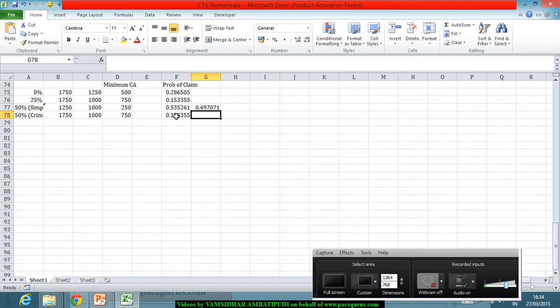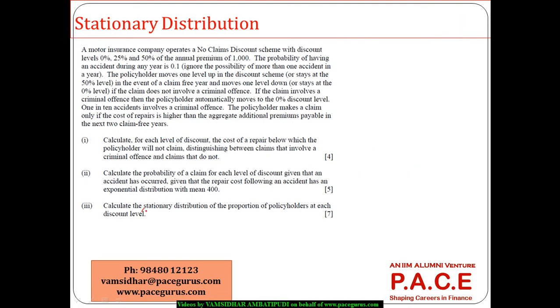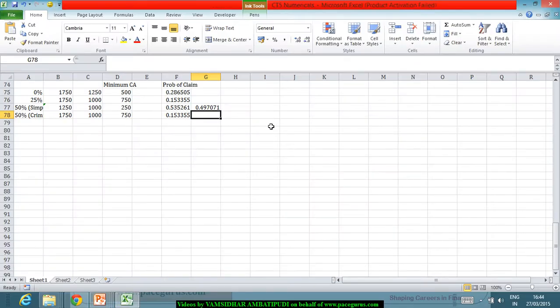Alright. Now the next part is to calculate the stationary distribution of the proportion of the policyholders at each discount level. Here now the proportions will change. Let's try to go with that. So initially, let's say 0, 25% and 50%, and here also I'll put the original state being 0, 25 and 50. Now if a person from 0 has to remain in 0 itself,